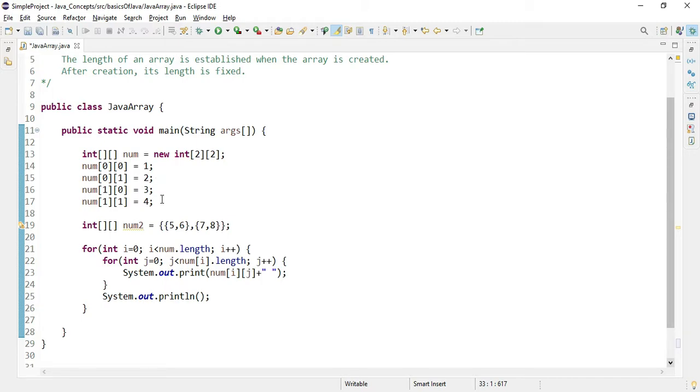And to print this, I have used nested for loop. So over here, as you can see, in first loop I have used num dot length, and in the second loop I have used num in close bracket. We are passing the indexing, and on the basis of indexing we are calculating the length. So this num dot length will return you the total number of rows present in your array, and this num dot close bracket dot length will return you the total number of columns present in your